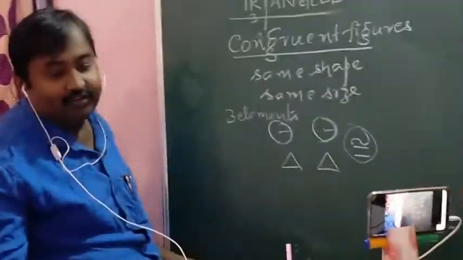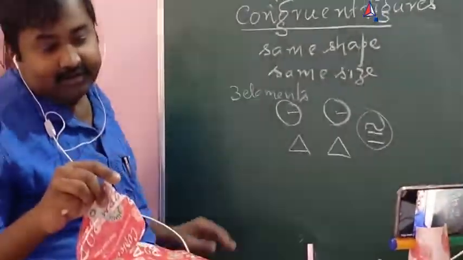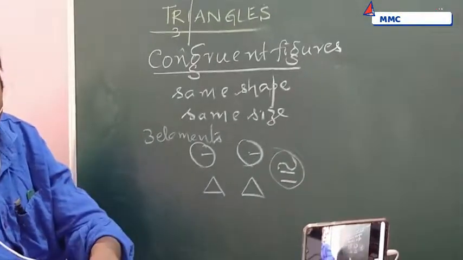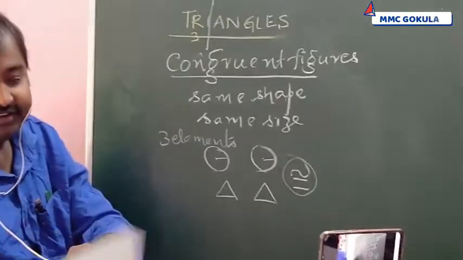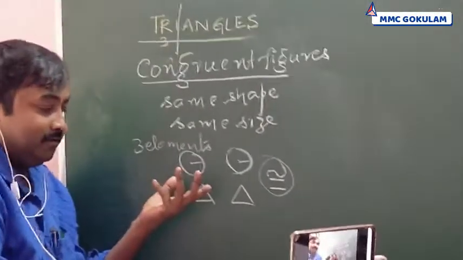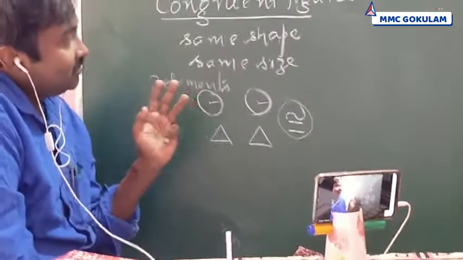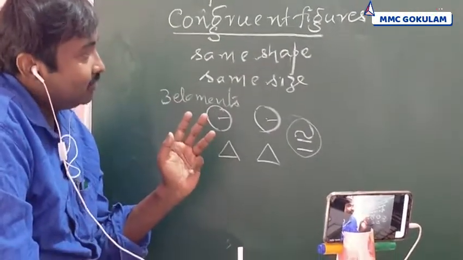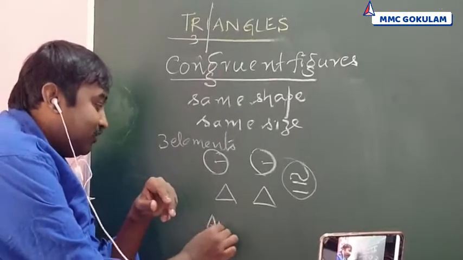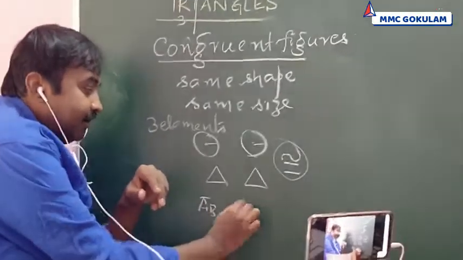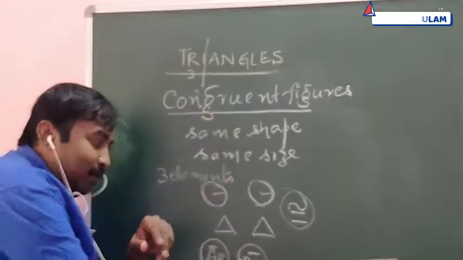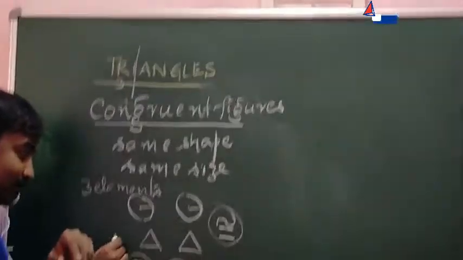Okay. So this concept you have learned in your previous classes. To prove two triangles are congruent, we need three elements. So two sides and an angle. And we have to prove two sides and two angles are also equal. For example, any two corresponding sides. I have to prove AB is equal to DE. AB is a side and DE is also a side. If you want to prove two sides are equal, use the concept of congruency.